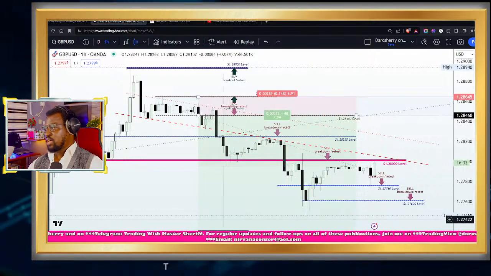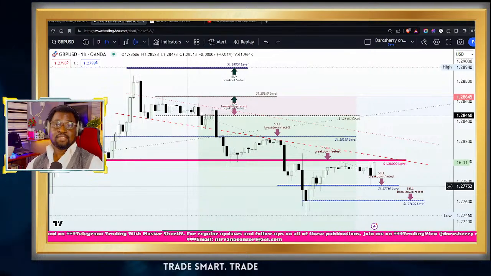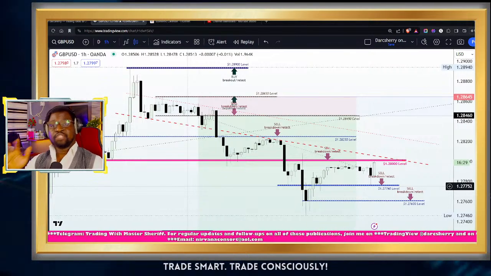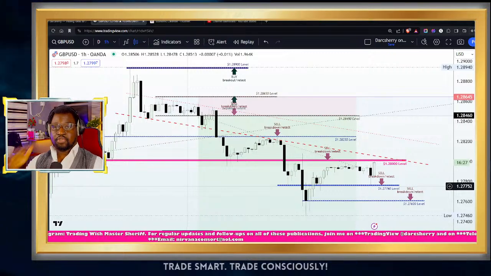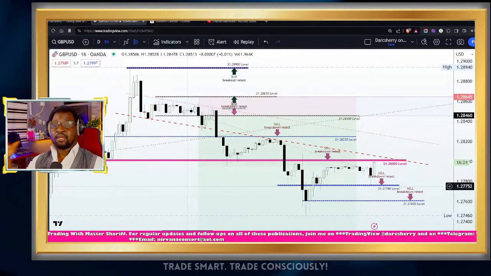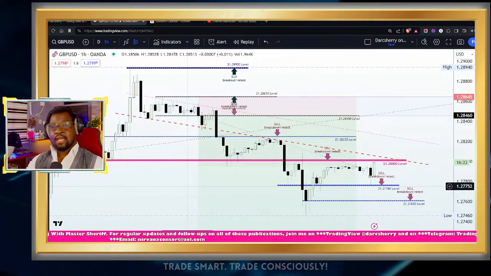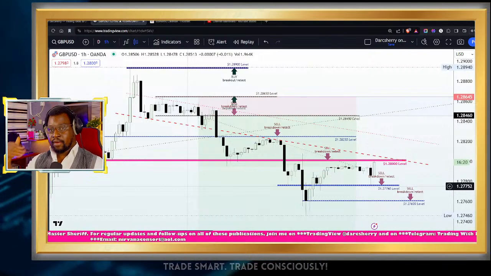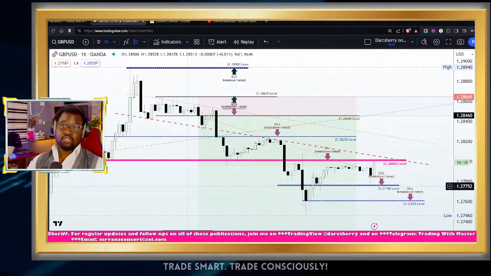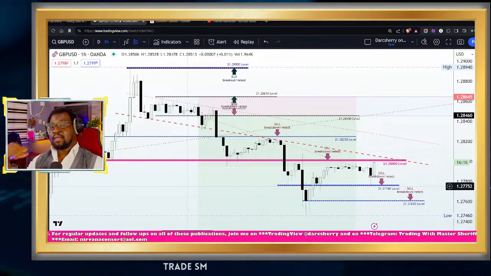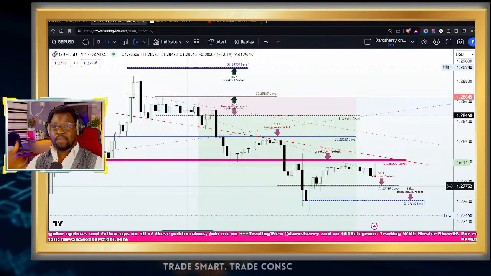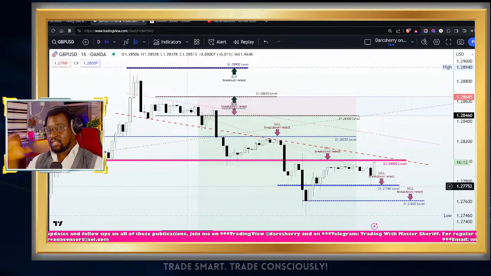Now, if we look at the current structure, before I go into the details here, I want to reiterate that we only treat the 1 hour time frame during the Forex Morning Mastery. Now, if you do want to have a background knowledge of how we got to the point you're seeing here on the 1 hour time frame, then I encourage you to watch my weekend videos where I did a top-down